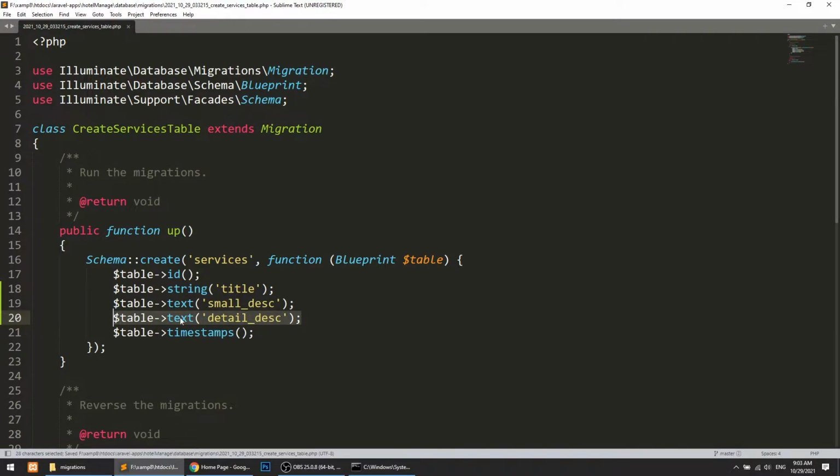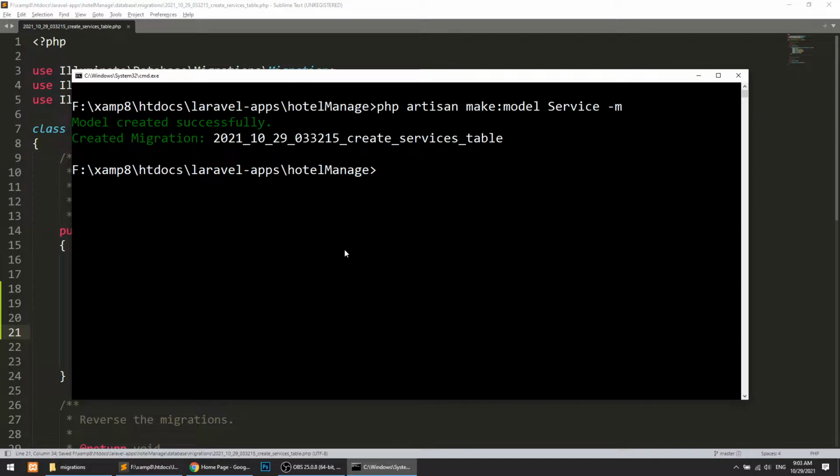Then we have another field of string data type, which should be photo. Every field is required. Now I will simply run php artisan migrate.